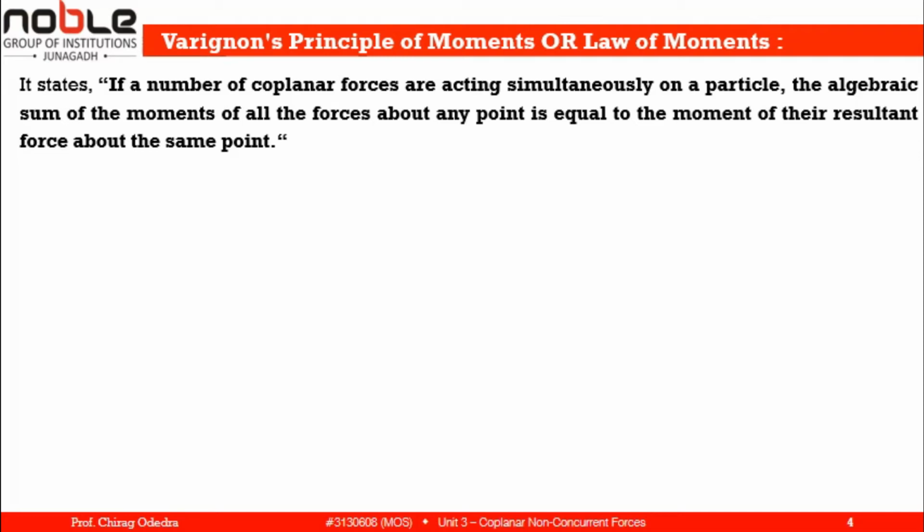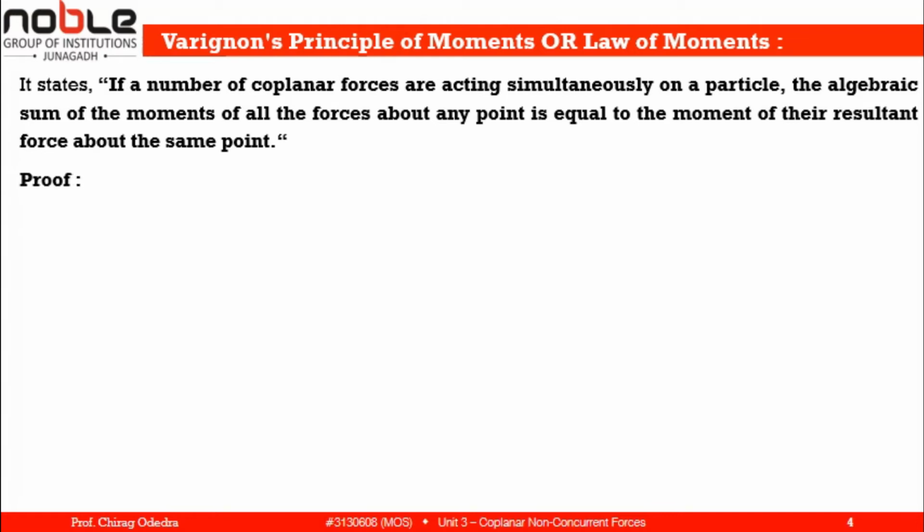So he wants to convey that if there are two forces acting on a point, then if we want to find the moment because of these two forces on any different reference point, then we don't have to find the moment because of these particular single forces and do the algebraic sum of their moments. Instead of this, we can find the resultant and the moment due to this resultant. It gives the same value as we have calculated because of single forces and doing the algebraic sum of their moments.